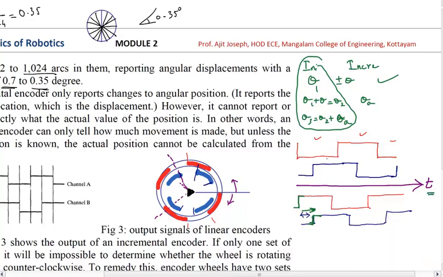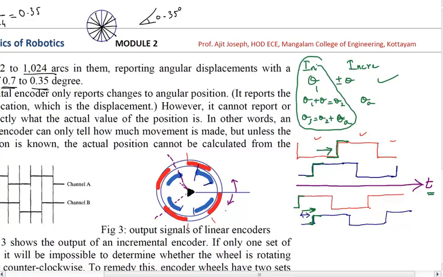Whereas here look at the leading edge. This is going to be the leading edge for the red one, and the leading edge of the blue one is here, going from low to high. And here what do we find? We find that in the timeline the red one is leading ahead of the blue.